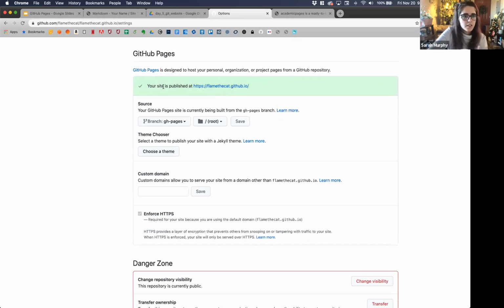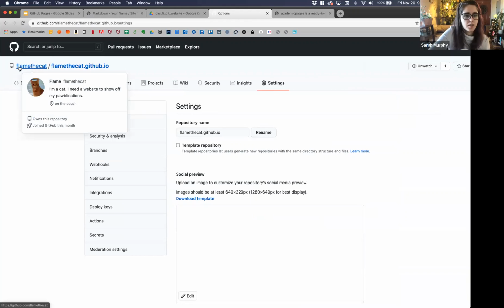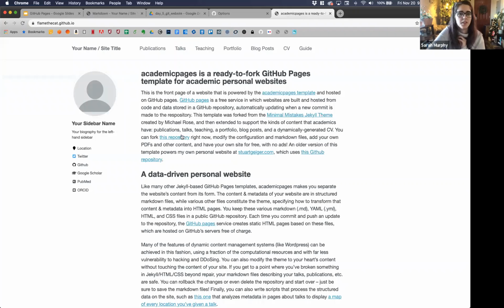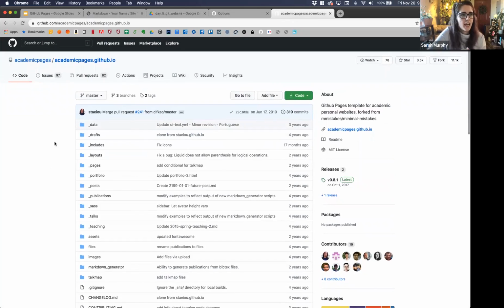When we do it this way, there is another way to do it, which I will show just briefly, and then we'll take a break. The second way to get a repository onto your GitHub account is to do it entirely online. If we navigate to the academic pages, you don't need to follow along with this because you already have your repository. But if we are on the main academic pages repository,